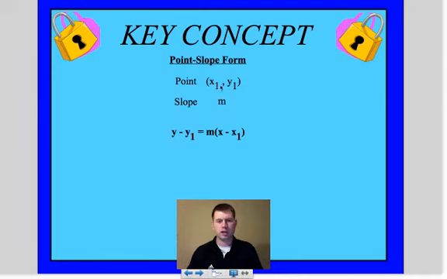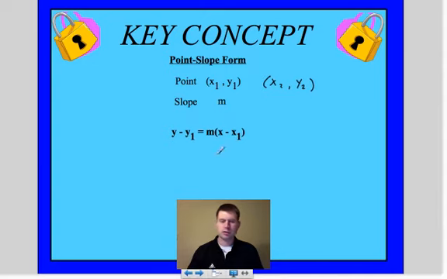But the point you're going to get is x1 and y1. Again, that's just saying the first point you're given. If we're given another point, then you'd be given x2, y2, and that's just a second point that they would give you. Okay, m is your slope. I've been trying to drill that. M is our slope. So we're going to follow this formula, y minus y1 equals m times the quantity x